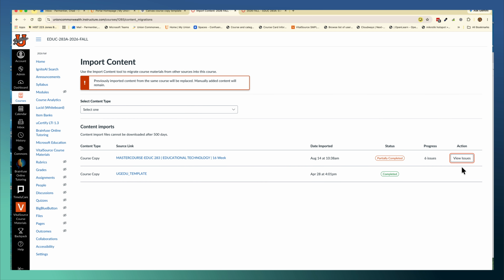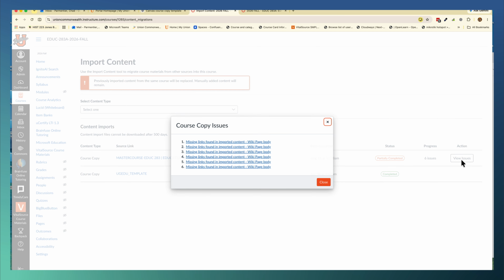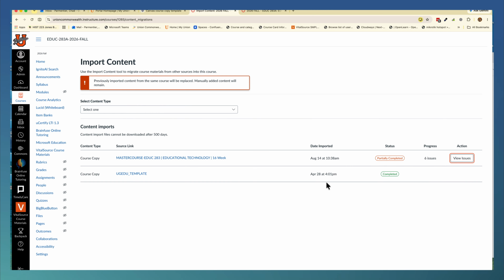Okay, now that it's finished, you probably will have some issues. You can view them. They're probably really nothing that critically important. It's probably from some of the template files from the source course, because the template's most likely in there. I wouldn't worry too much about this. So I'm going to close that, and I'm going to go to my home page,